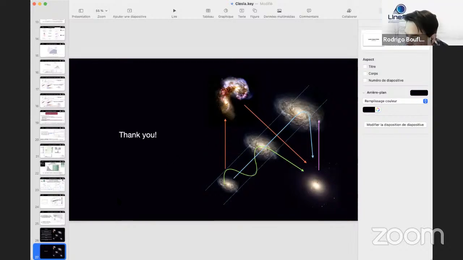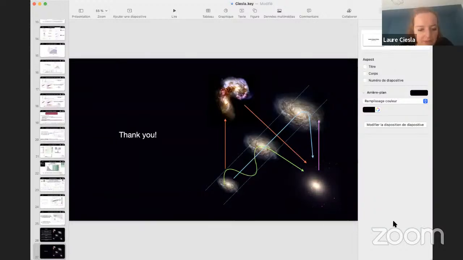Okay, there is another question also from Ubu. Regarding SED fitting and objects that are not detected in some bands, could you mention some solutions that you have explored so far to solve this issue? So for classical SED fitting, right? When we do SED fitting,